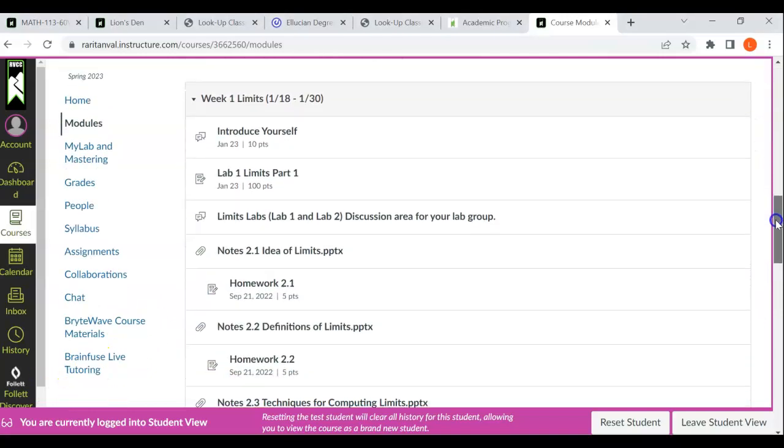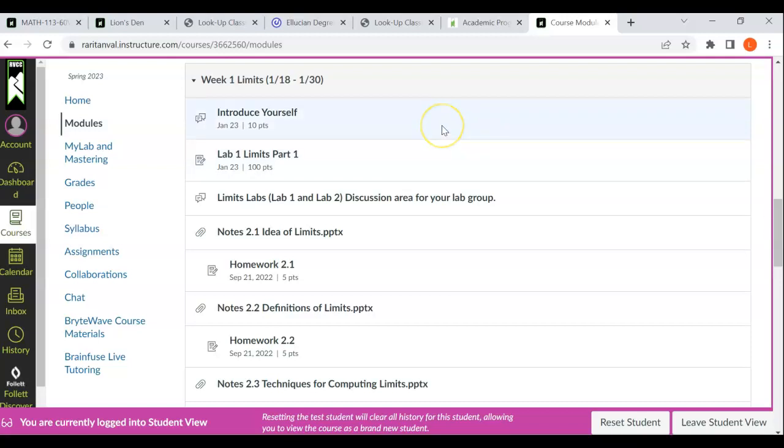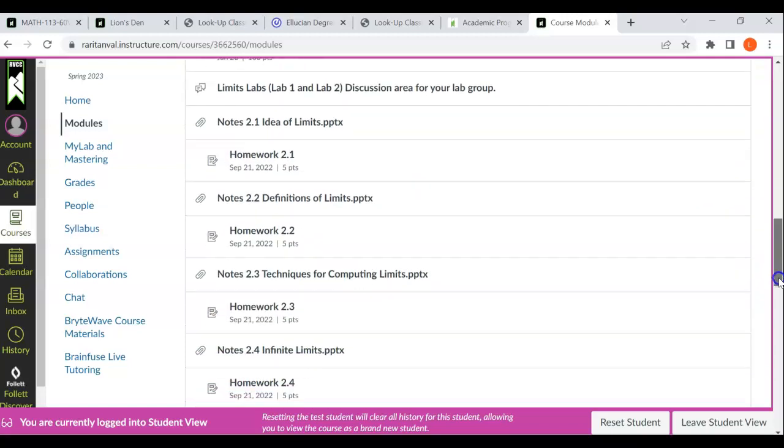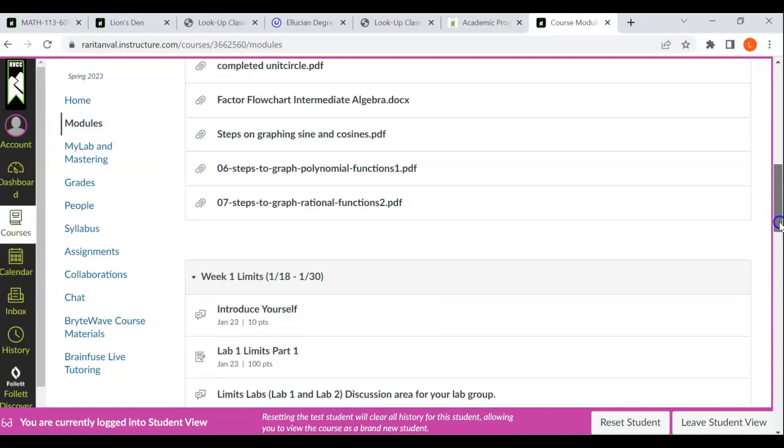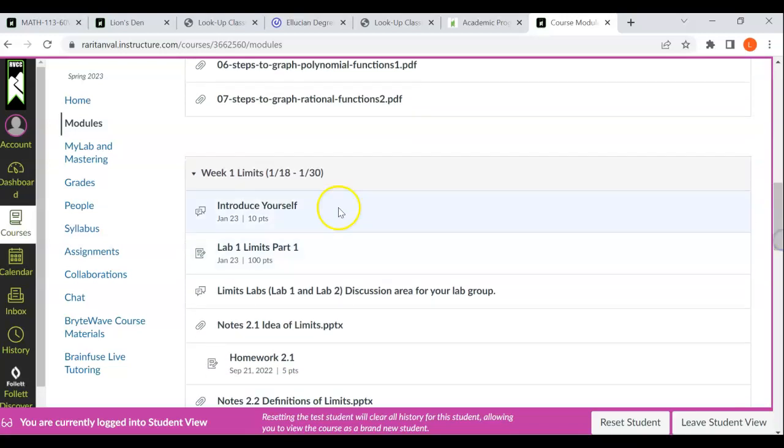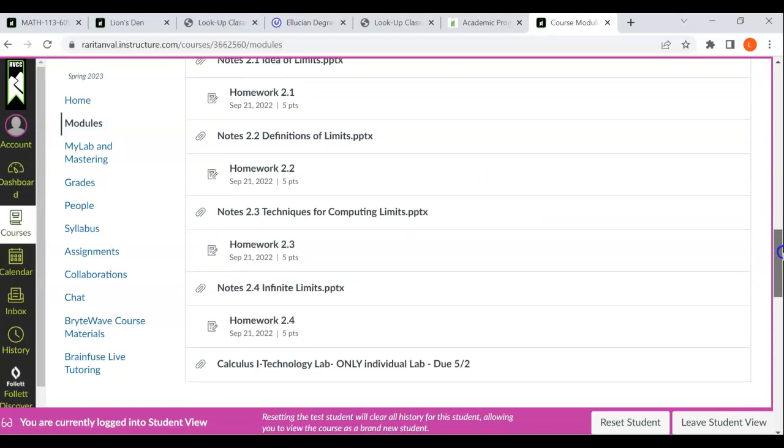So when you look at the weekly modules, you will see I have the first 3, I have everything for our first chapter posted. This is actually week 1 and 2. I did combine week 1 and 2 together, so that's why it goes from 118 to 130. That's your introduce yourself, your first limits lab, 2.1, and I went ahead and put 2.2, 3, and 4 on here as well